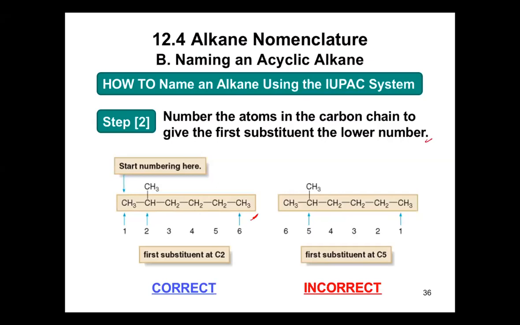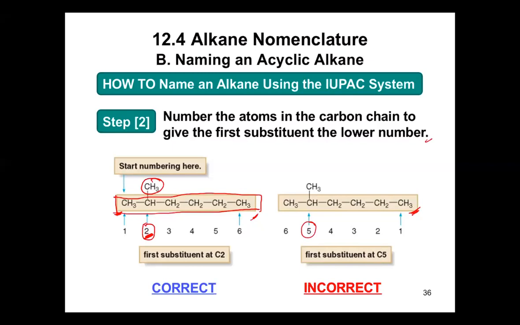Okay, so again, as you can see dito, ito yung parent chain ninyo. And then you have to number this carbon, yung carbon 1 to 6, since 6 carbon chain siya. So how we know where to start? Kapag sa left kayo, you will give this substituent a lower number. Okay, lowest possible number dapat yung nasa substituent. Pag naman kasi dito sa left side, nasa carbon 2 yung substituent. Pero sa right side, nasa carbon number 5. So you have to choose yung numbering na magbibigay ng lowest possible number sa substituent.